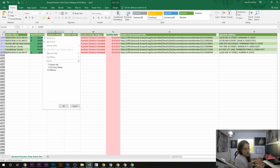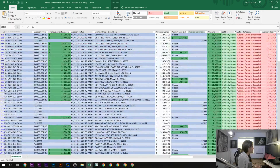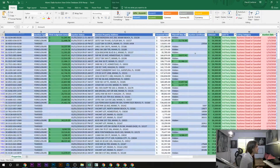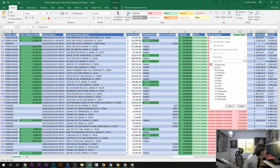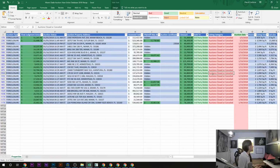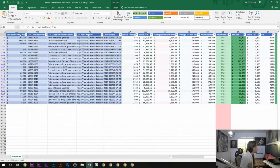And now let's get into the 2018 deals, which is what I know you really want to see. Let's go from the Excel view. The Excel view is pretty nice. So if we go auction date, so January 2018, and are these already marked as potential deals? They have to be. Yeah, okay, so in January 2018, we have,